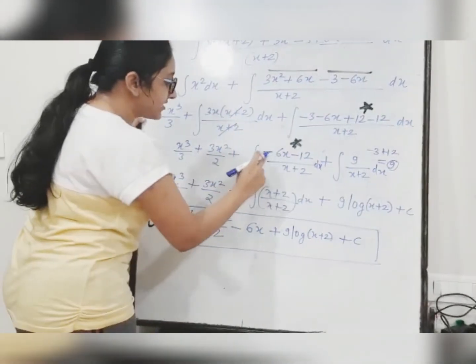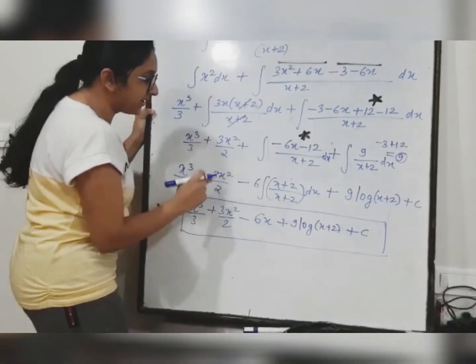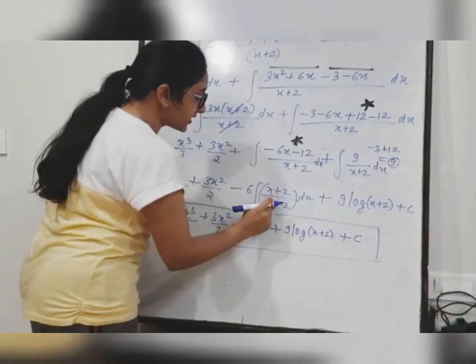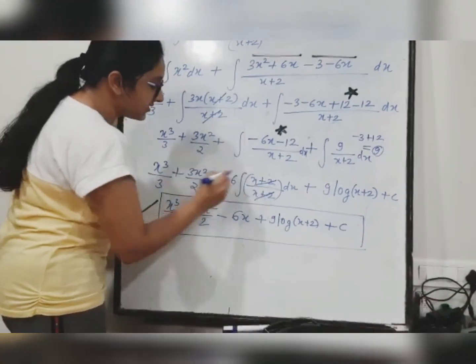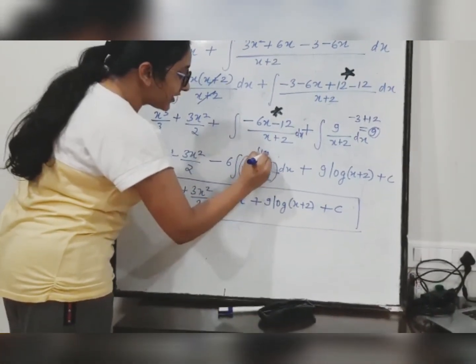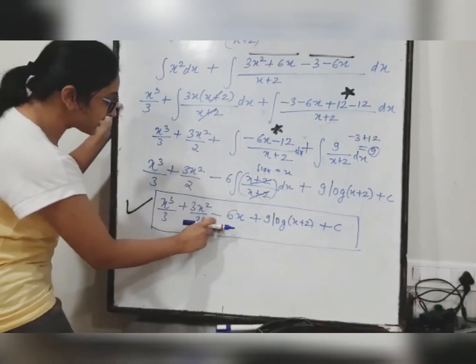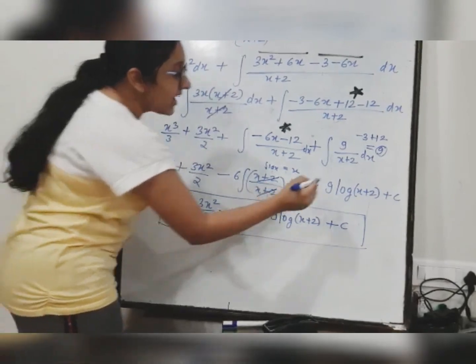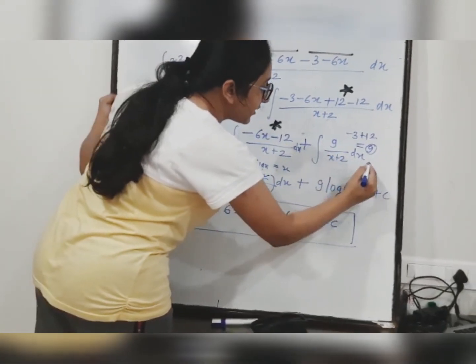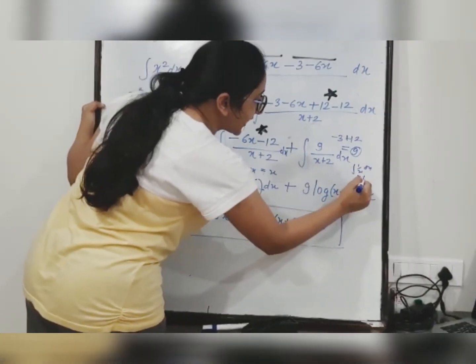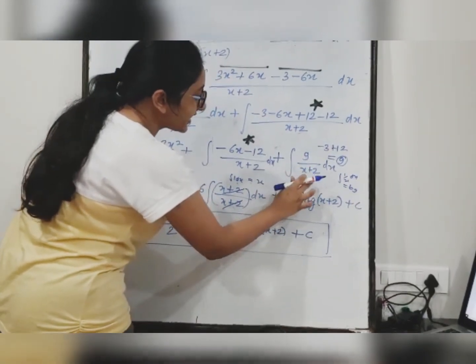So this minus 6 can come outside as a constant, and the integration will be x plus 2 by x plus 2. This will get cancelled, so this will be the integration of 1 dx, and we know the integration of 1 dx is x. So this will be minus 6x, these two terms as it is, and this integration of 1 by x dx is log x. So the integration of 9 by x plus 2, 9 will come